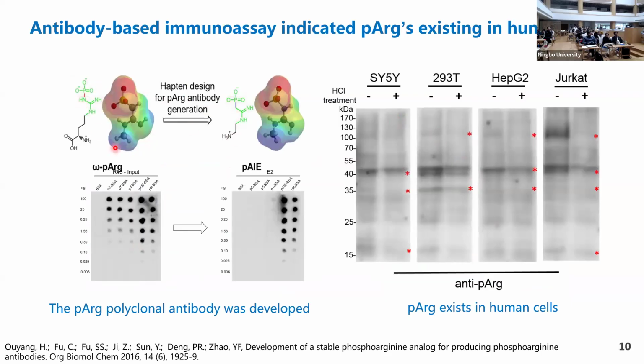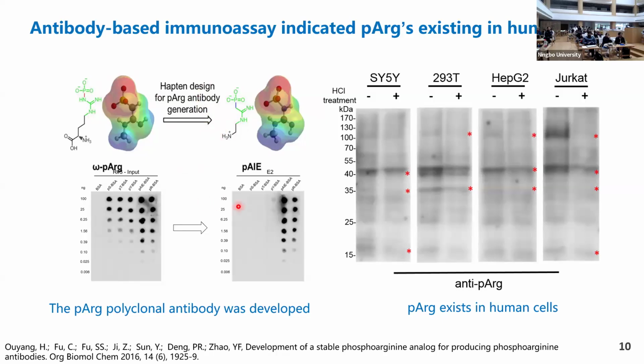So how do we cheat life into helping produce antibodies for us? There's an elegant way: just change the P-N bond to a P-C bond, but the electron configuration is also similar to the original P-N bond, right? So when this antigen is injected into an animal, it will produce antibodies for you.